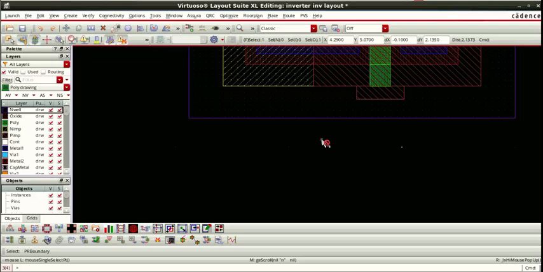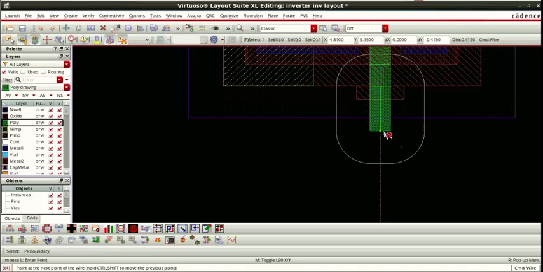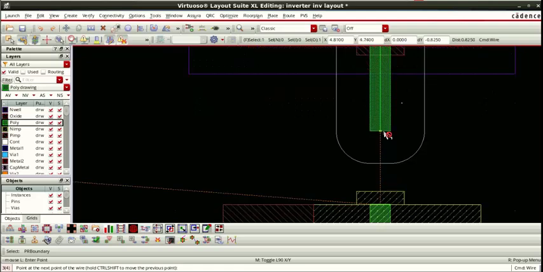So I press P. So you can see that one path or wire is showing towards our pointer. Now here, if I put it here, so automatically poly is getting selected. It means if I click here, poly will be selected. So click, poly is selected. Now drag. Okay. No need to keep the mouse clicked. Click and leave. That's it. Drag. Using the keyboard, you can come down.